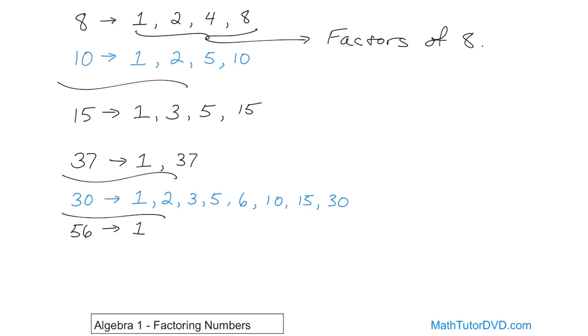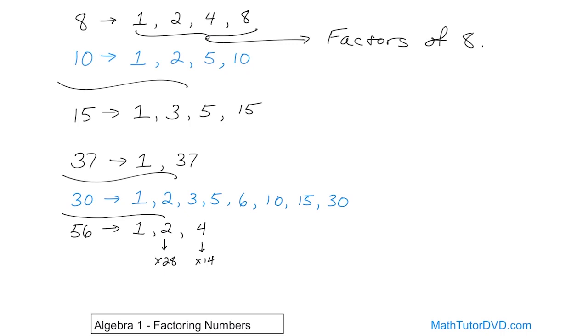The number 1 is a factor. 2 is a factor. Why? Because 2 times 28 gives you 56. The number 4 is a factor because 4 times 14 gives 56. Now, I understand that you probably have to use a calculator or at least a separate sheet of paper to